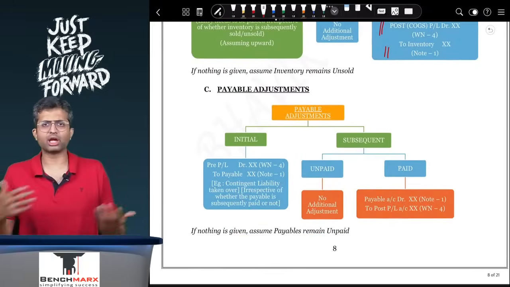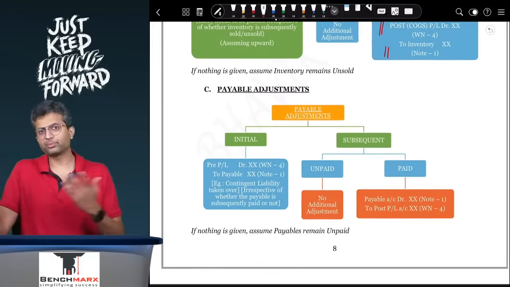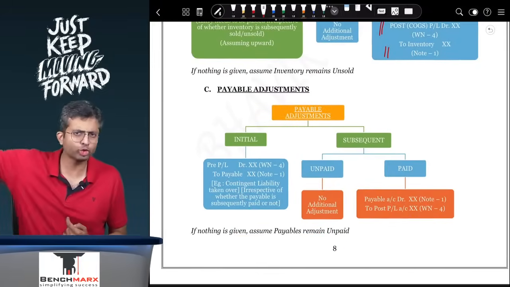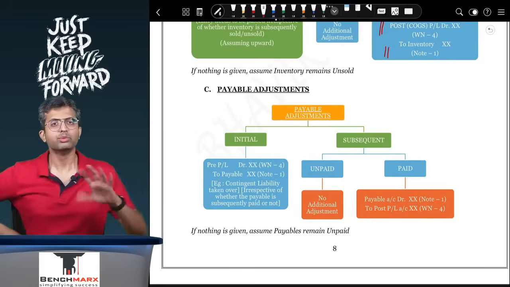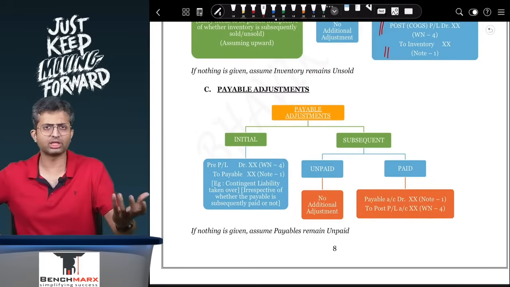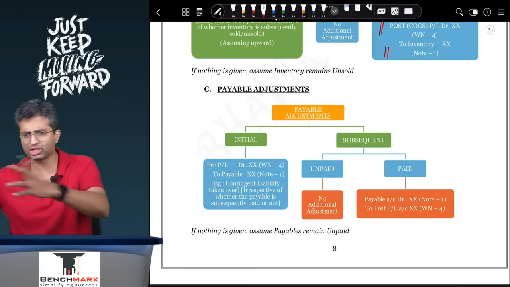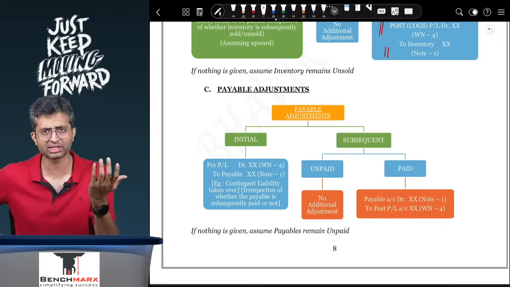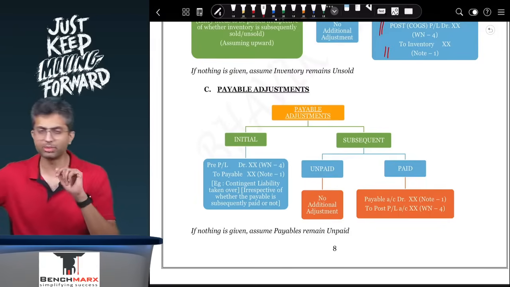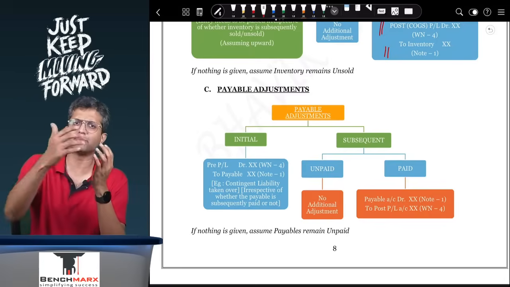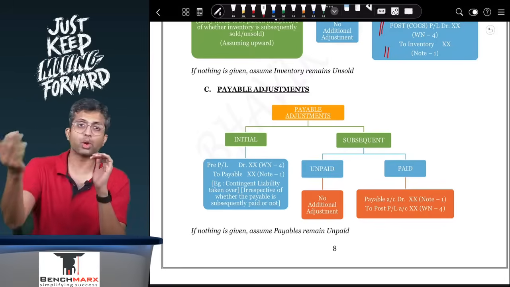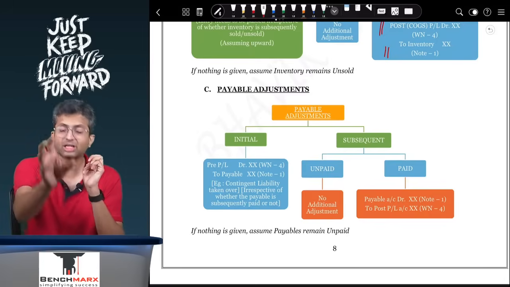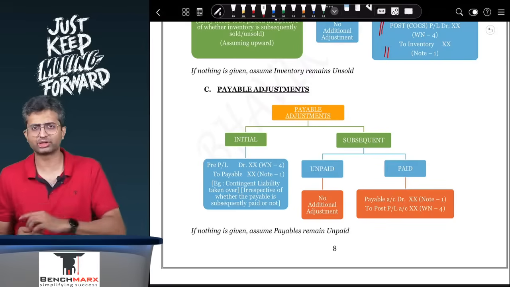Something like, let us say, an ongoing lawsuit. The subsidiary, let us say someone like JLR, had a lawsuit with a third party, not with Tata Motors, which was ongoing. JLR believed that it does not have to pay anything, and as a result, JLR had just given a disclosure in its SFS. It continues to give a disclosure in its SFS. However, when you study business combination, you have been taught that you will take over assets and liabilities at fair value. So even if it is probable or not probable, at the time of acquisition, Ind AS 103 says